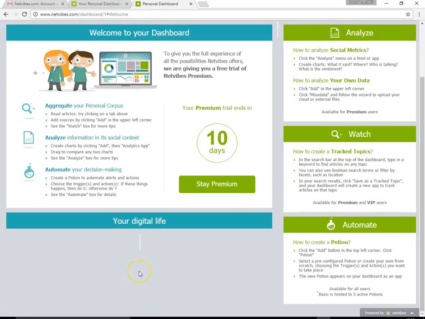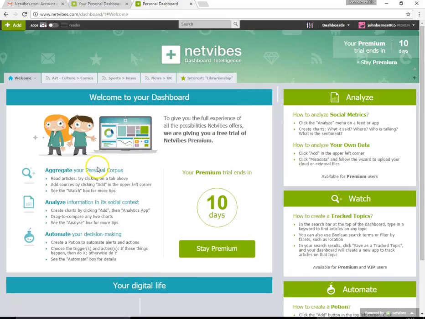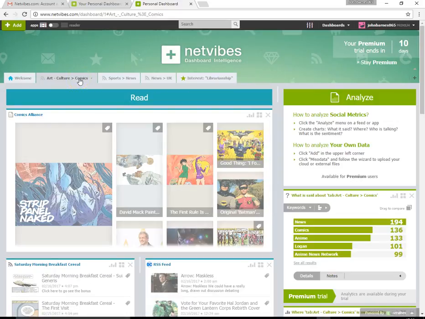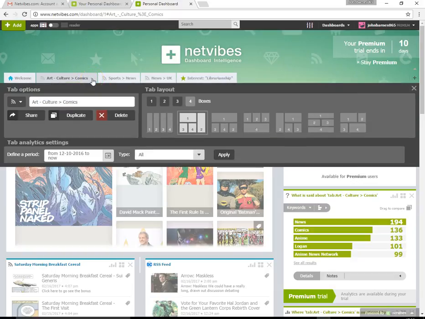Once these are deleted, you might want to go to the top of your NetVibes desktop and get rid of some of these tabs at the top. Again, this is quite simple to do. If you click on the tab, there's a little drop down arrow just here, and click on delete